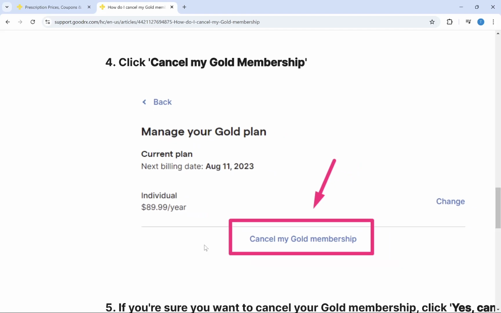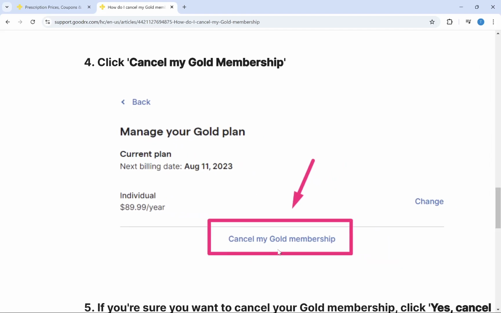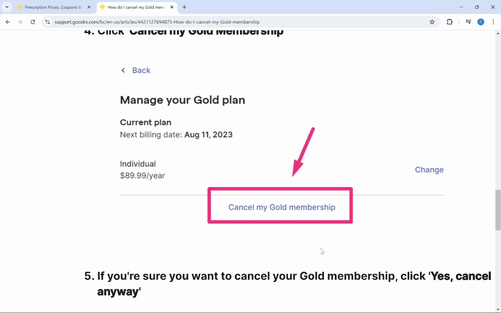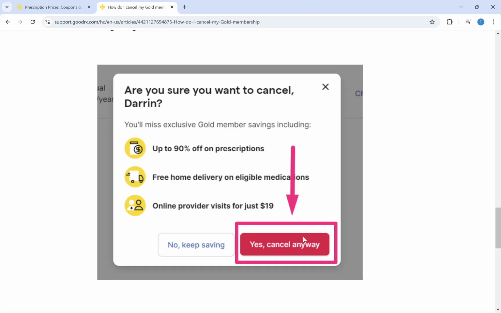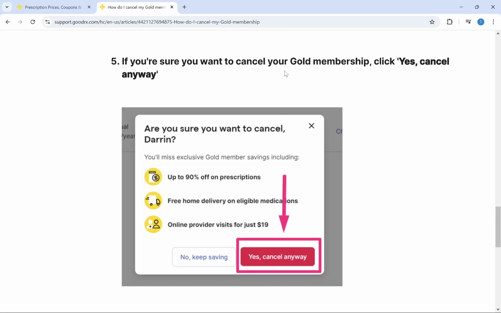Once you do that, you will be able to see this button, cancel my Gold membership. So simply click on it and then click on yes, cancel anyway, and that's how you can cancel your